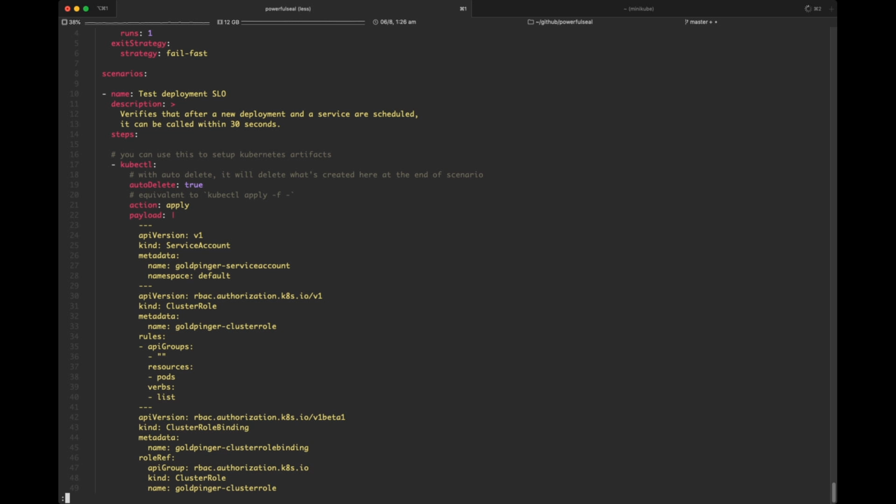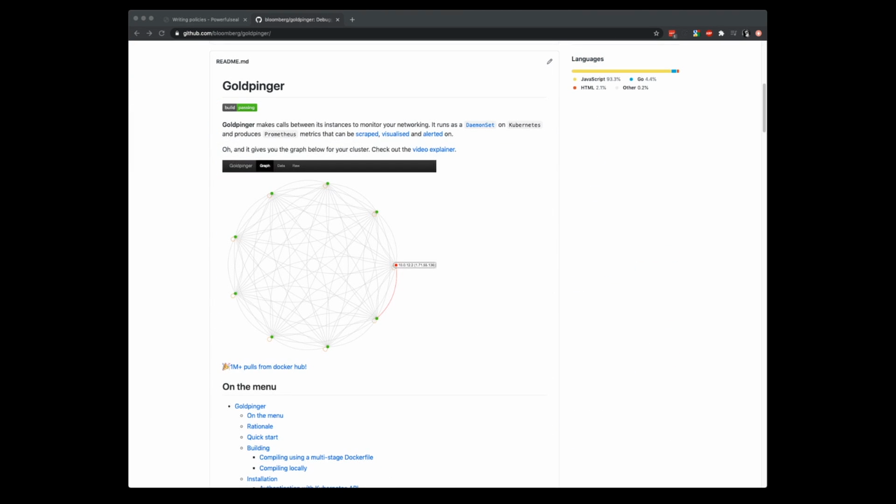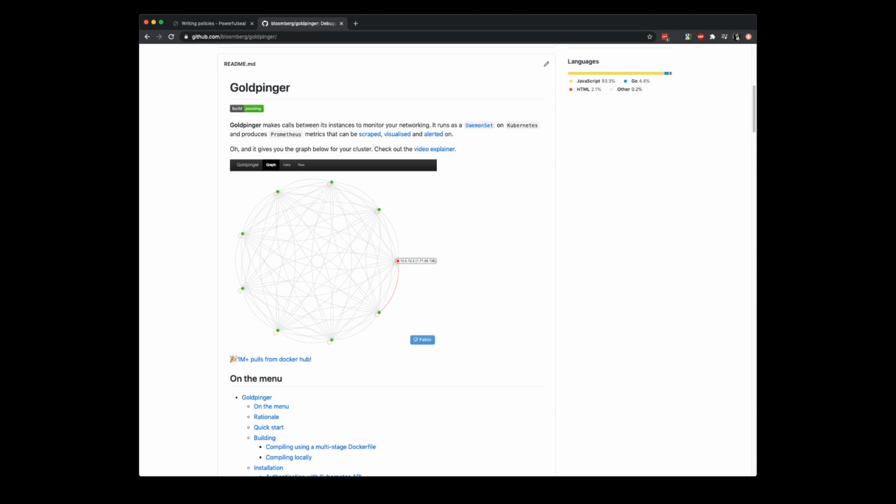So the payload here is a little bit more complex. It's actually deploying another application that I wrote that is very useful for Kubernetes. It's called Goldpinger. And Goldpinger allows you to basically deploy an instance of Goldpinger per node by using a daemon set, typically, or you can deploy it whichever way you like.